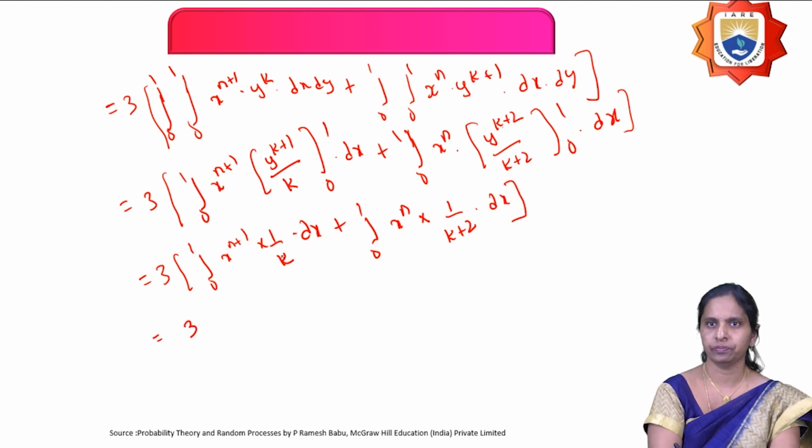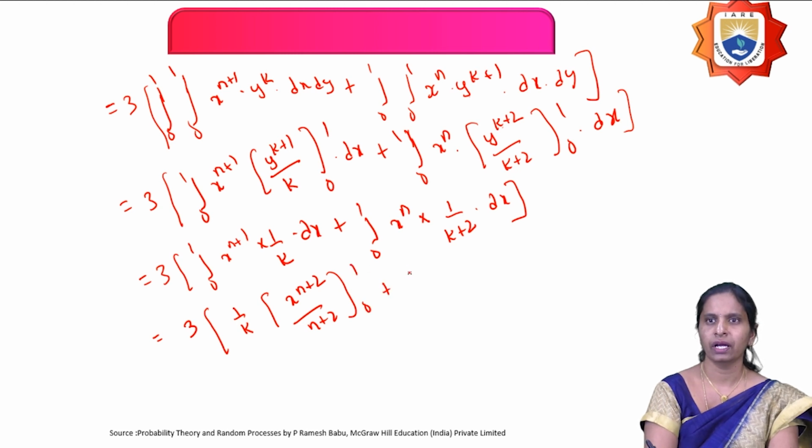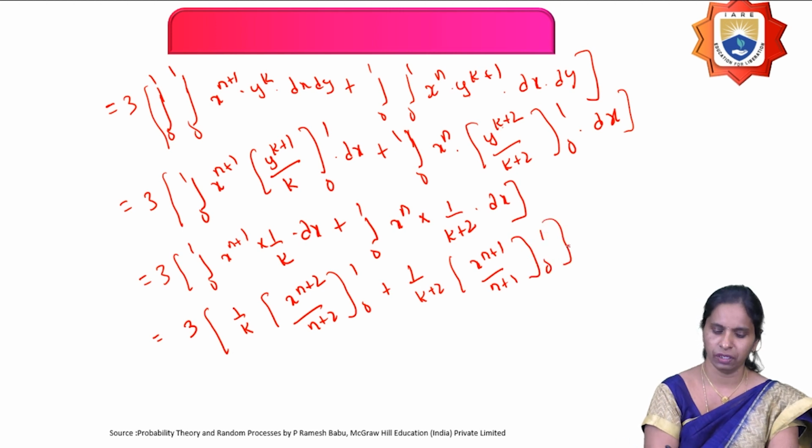That equals 1 by k, which is a constant. So bring it outside: 3 into 1 by k into the integration of x power n plus 1, which is x power n plus 2 by n plus 2, and the limits are from 0 to 1. Similarly here, 1 by k plus 2 is a constant, and the integration of x power n is what? x power n plus 1 by n plus 1, and the limits are from 0 to 1. That equals what? 3 into 1 by k into